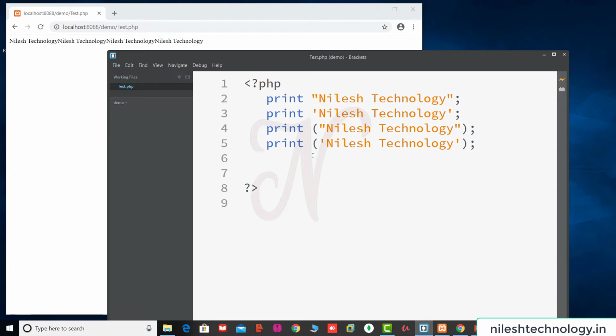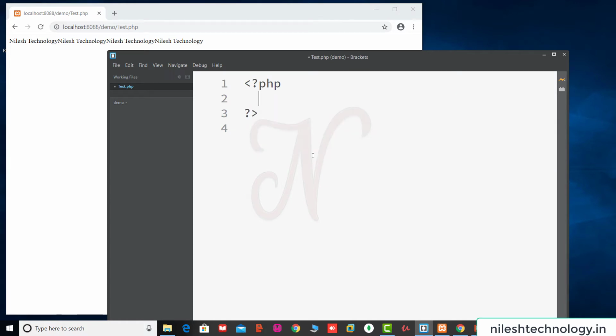Next, we remove these 4 statements. Then with echo, we use an HTML tag here. This is Nilesh Technology, and this message is in the bold tag. So this is a bold tag in HTML. You can directly use any HTML tag in the echo statement.